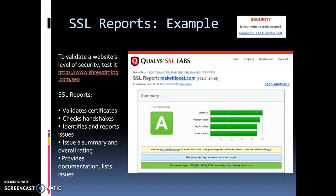You can actually take a test. You can go to the Shrewd Marketing LLC website, shrewdmktg.com/SEO. In the upper right hand corner, it shows you the Qualys SSL Labs domain test. We ran this report for makeitlocal.com, a national directory site that Shrewd builds, hosts, and manages, and it validated that our site has an overall rating of an A, meaning the certificate checks out, we have the right protocol and support, the exchanges are fine, and there's an overall summary and rating. There's some documentation and some issues that can be listed for further